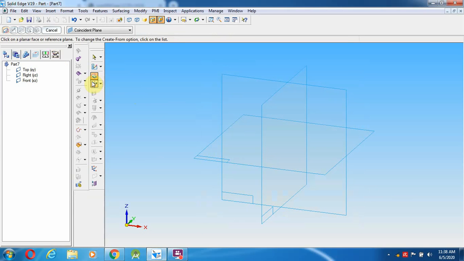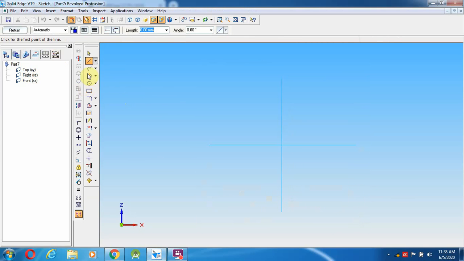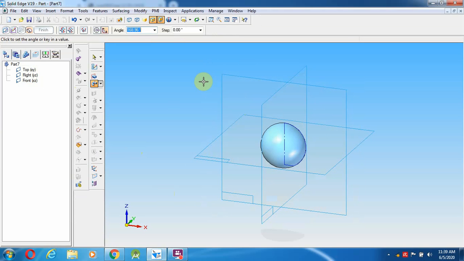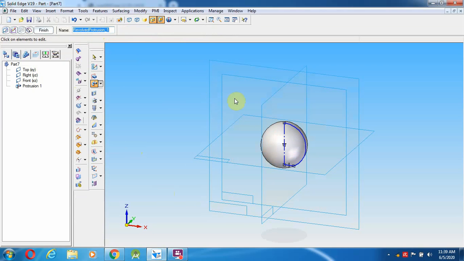So I am going to return, select a revolved protrusion option, select the plane again. So go over here, select a circle, diameter 40, select a line from here to 38, enter and straight line. Then I am going to trim the surface, this as well as this. After trim that, select the axis of revolution, as this is the axis of revolution, and give return. The angle going to give is 360. So the protrusion has to be created over here.